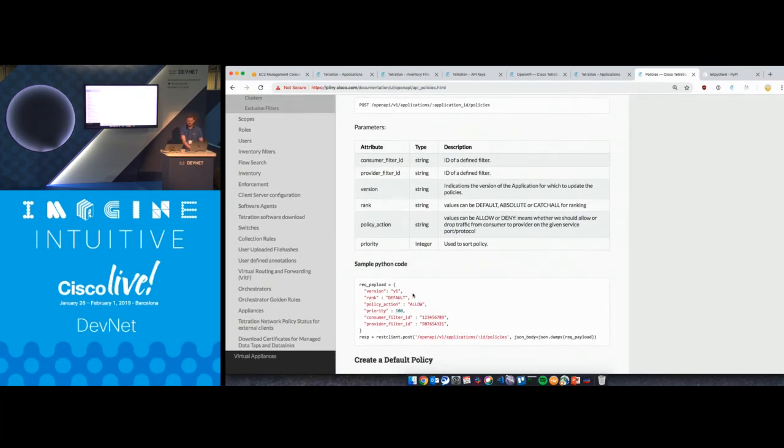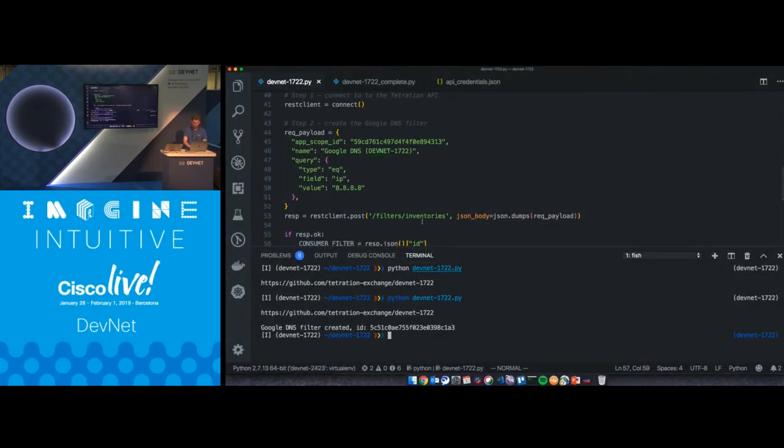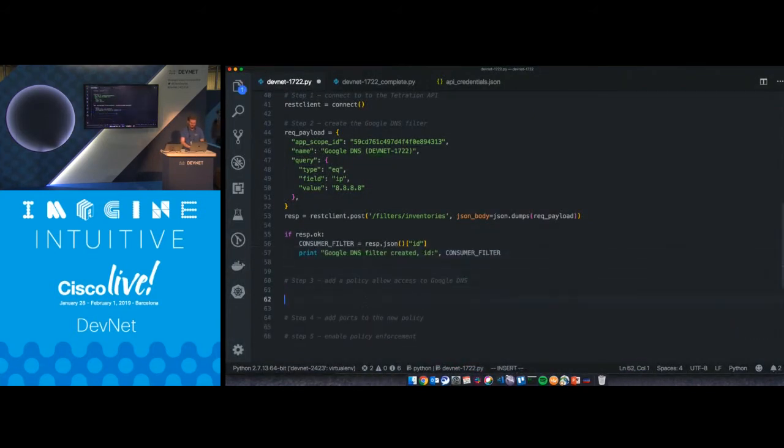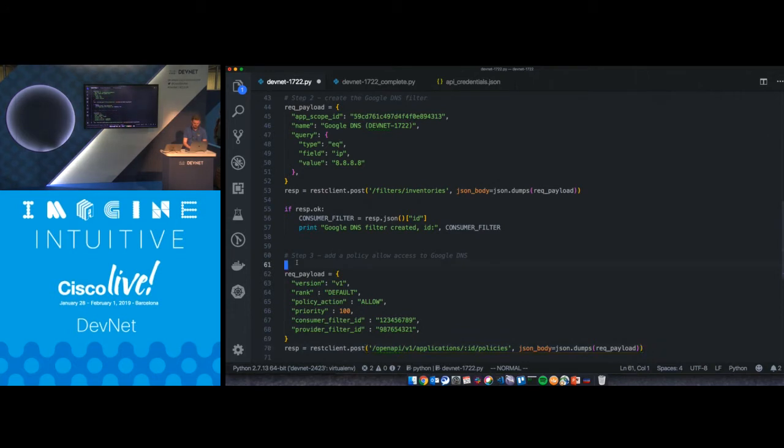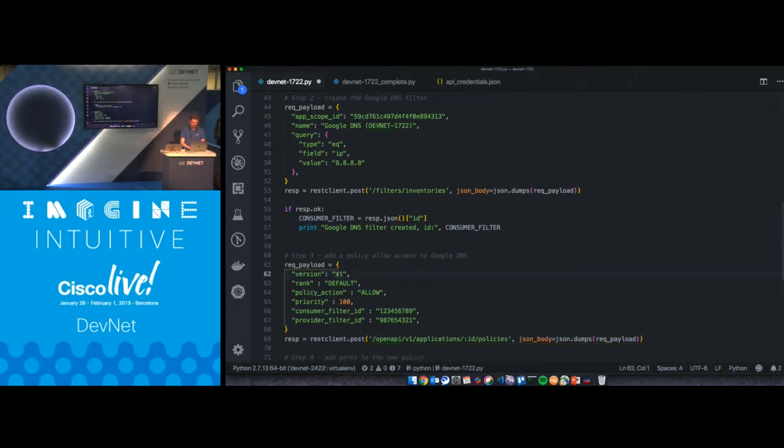It's going to have an action, so is that allow or deny, and it's going to be between two different groups of endpoints. So I'm going to copy that one. So we have v0. It is an allow. We'll give it a priority of 110. The consumer filter ID is the Brewing Co, which is